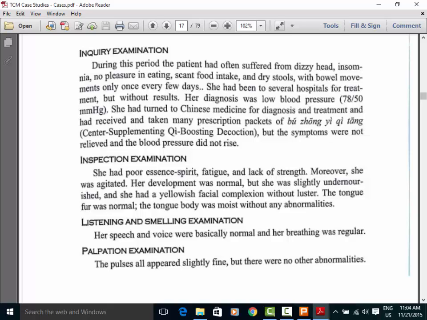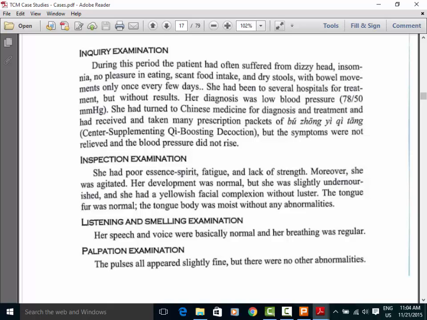She had been to several hospitals for treatment. The diagnosis was low blood pressure, which is quite low. Wow, 78/50. And they kept giving her this formula, Bu Zhong Yi Qi Tang, which is for spleen deficiency to boost and raise qi upwards. What's the problem here? Why isn't she getting better? Because they're not nourishing the blood. I know not all of you are doing formulas, but this formula only tonifies spleen and does not